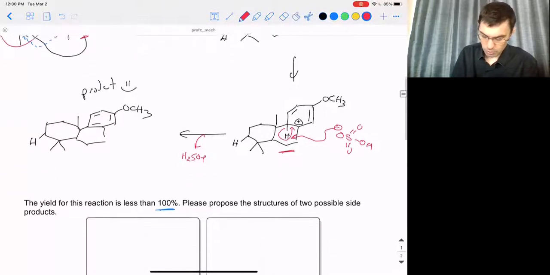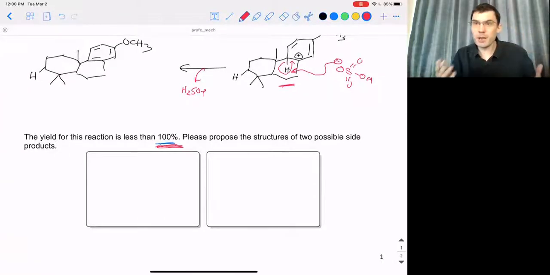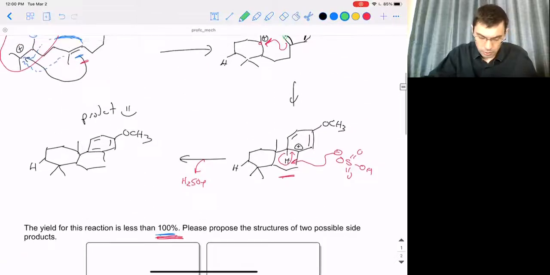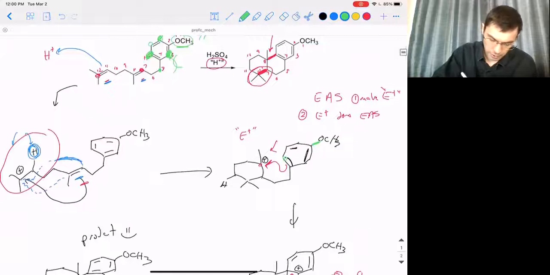All right, so this is great. The follow-up question here then is, because this reaction is less than 100%, what are some things that could go wrong? And it turns out in this reaction, there is a lot that can go wrong. So I'm going to grab the green marker here to be able to talk about all the things that can go wrong. Well, the first thing that could go wrong is,